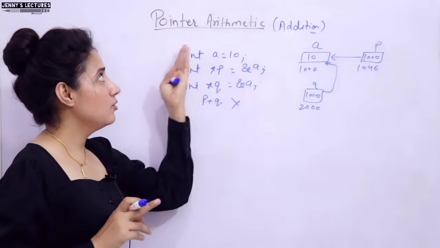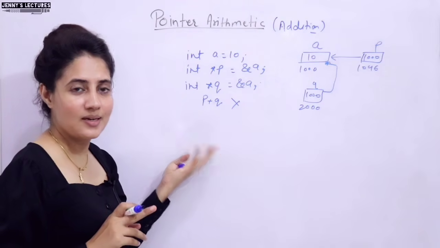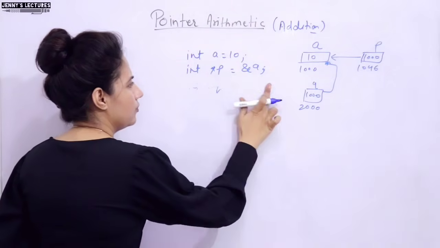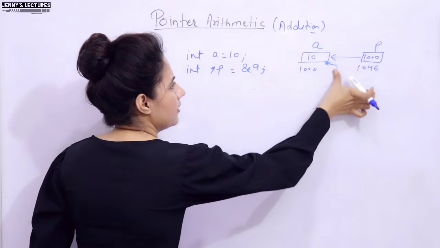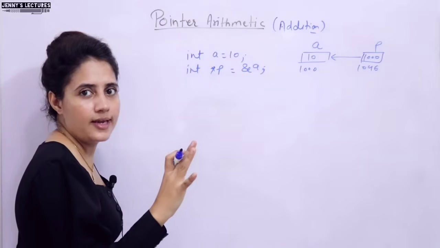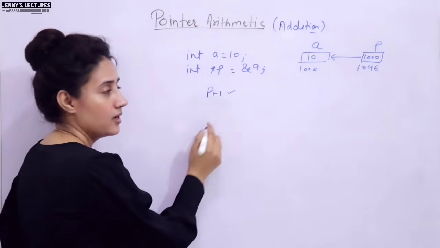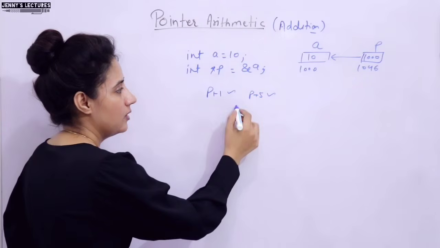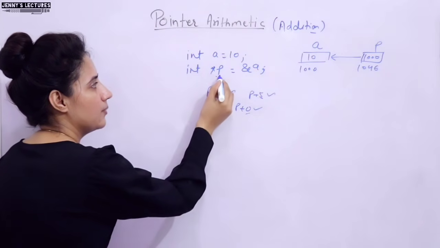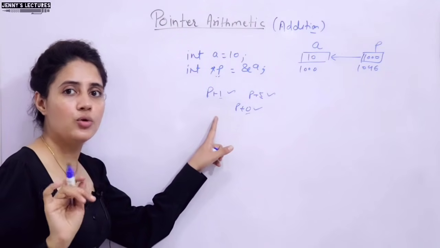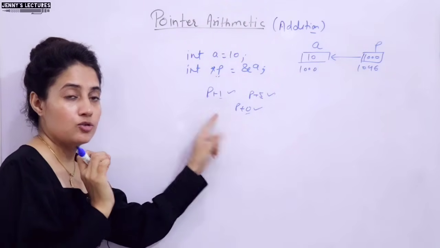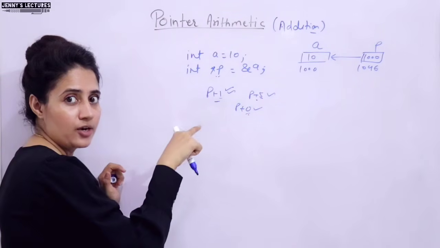So now how can you perform addition on a pointer? What does that mean? Here you can add an integer to a pointer, so we are not going to take this other pointer here. You can add any integer value to a pointer. If you want to do p + 1, that is fine. p + 5 is also fine. p + 0 is also fine. So here we are adding an integer value to a pointer variable, where p is a pointer. But you cannot add two pointer variables like p + q if q is a pointer. That is invalid. This is valid. So if this is valid, what output will you get if you do this kind of thing?